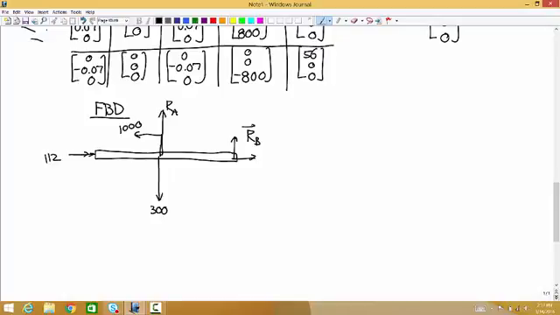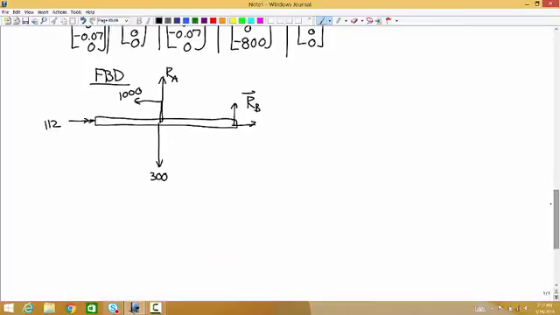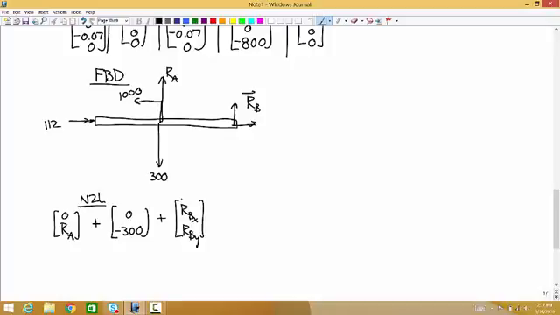Any questions about that? Okay, so Newton's second law says 0, RA, plus 0, negative 300, plus RBX, RBY, plus, I almost missed the thousand, negative 1,000, 0 is equal to zeros. And the moment equation